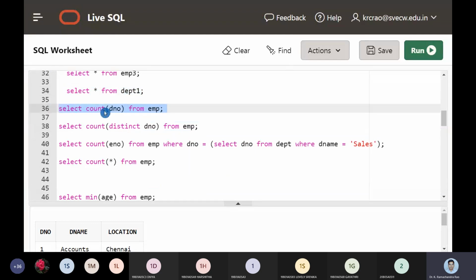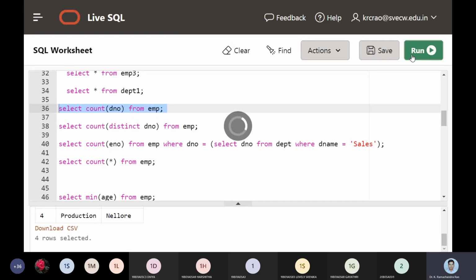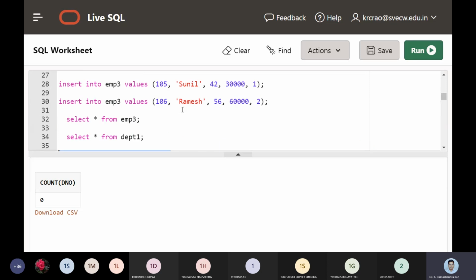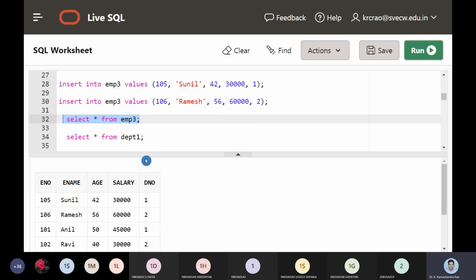So the first one is going to tell us the count of department numbers. Let us see, we get the count here: select count of department number from employee 3.